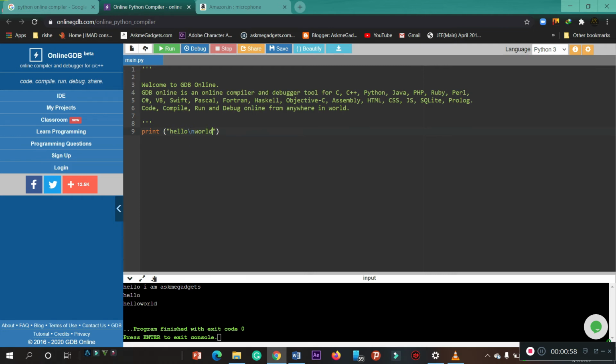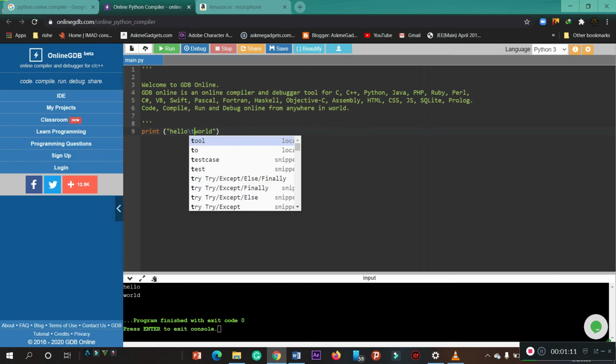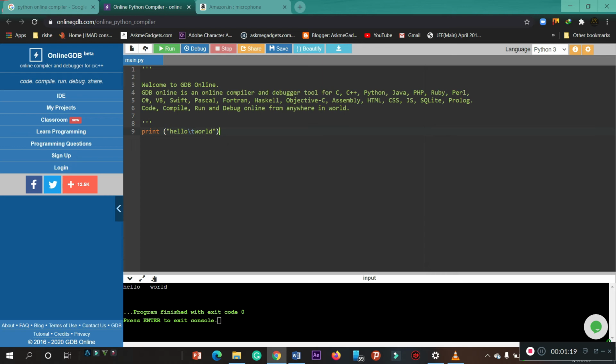If you do like this, let's check what happens. Hello, it goes to the next line. If you give a slash n, it goes to the next line; if you give a slash t, you get a tab space between the words. This is used in some form-like structures when you go for a default coding structure type.